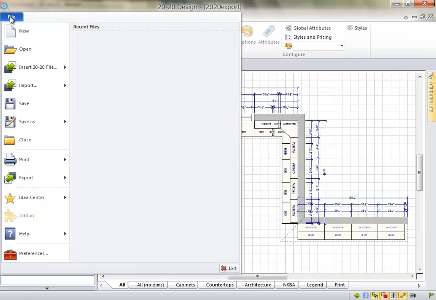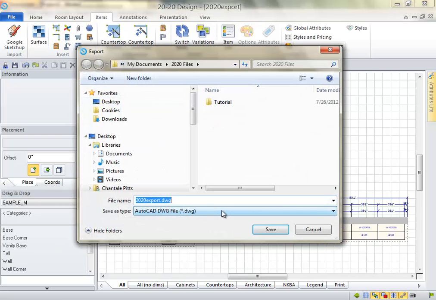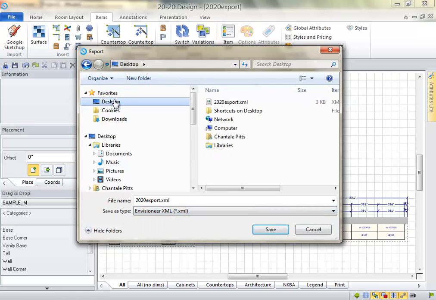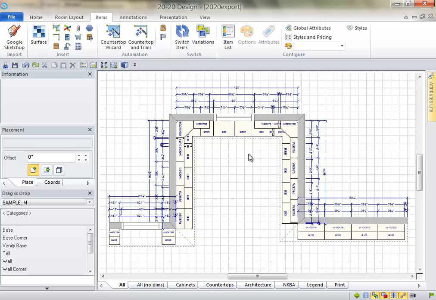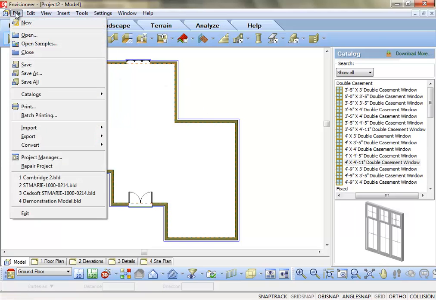Now I'm going to export this out of 2020 to bring it back into Envisioneer. So I choose their export process. I'm going to simply overwrite the original file that I had exported out of Envisioneer. So I'm just creating that one file. Hit Save. It's telling me that it's overwriting it. I click Yes. And now it's going through the process in 2020 of exporting all of those cabinets back out of 2020. Once it's finished that process, then I can open up my Envisioneer, go back to the File pull-down